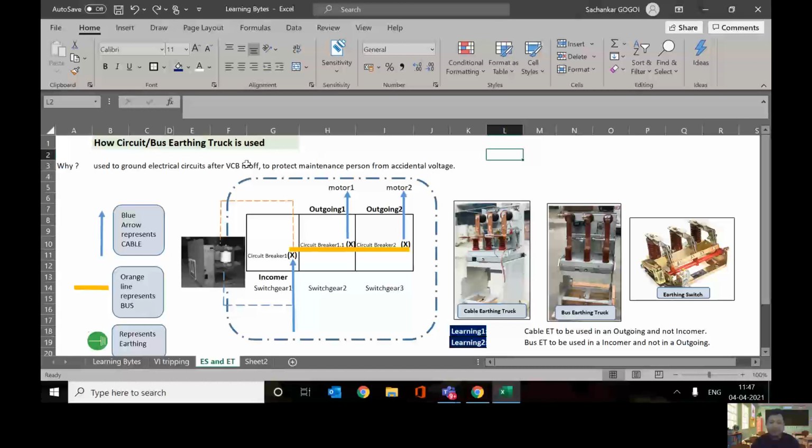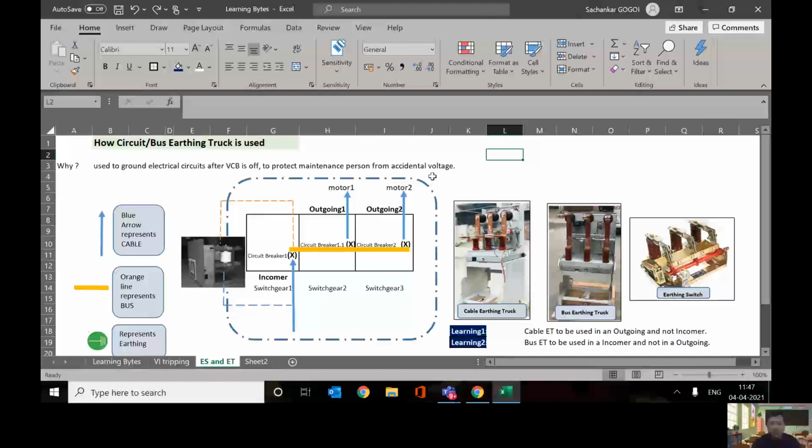Based on this basic understanding, various permutations and combinations are created with the help of different types of interlocks, electrical and mechanical, and different designs are available with which you can earth different sections of a circuit. Another point: there is an earthing switch which can be used in each cubicle as a replacement of an earthing truck, and this can have various interlocks with the circuit breaker so that this earthing switch can be used as an earthing mechanism to earth a different section where we want to do maintenance.